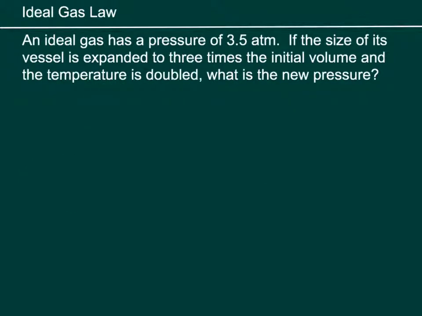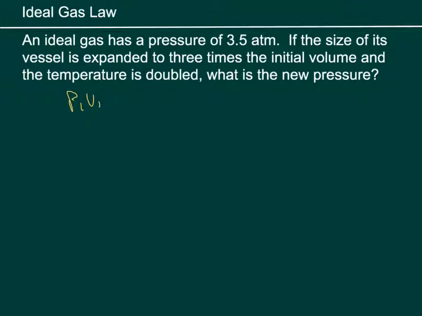Okay, the next one we have is an ideal gas has a pressure of 3.5 atmospheres. If the size of its vessel is expanded to 3 times the initial volume and the temperature is doubled, what is the new pressure? So in this case we do have some condition changes, right? We have some initial volume that's being tripled. We have a temperature that's being doubled, so we need to start with the